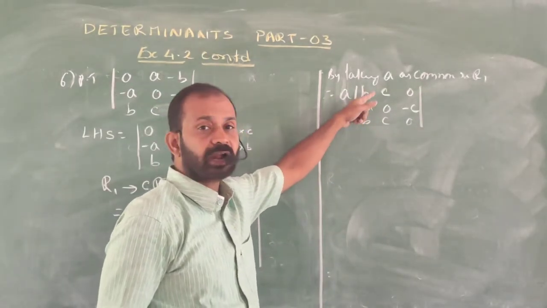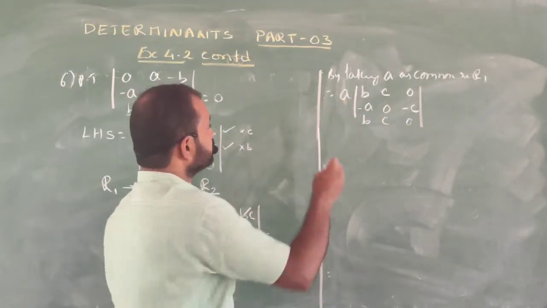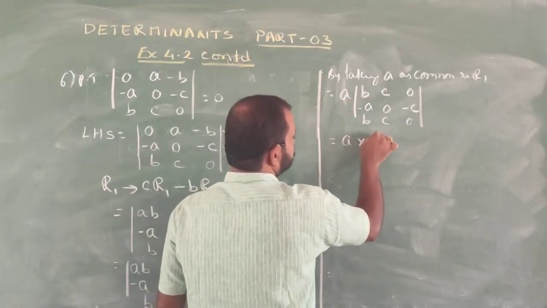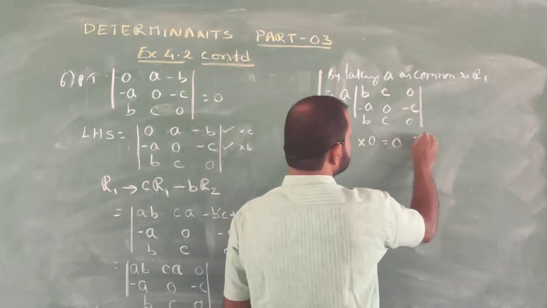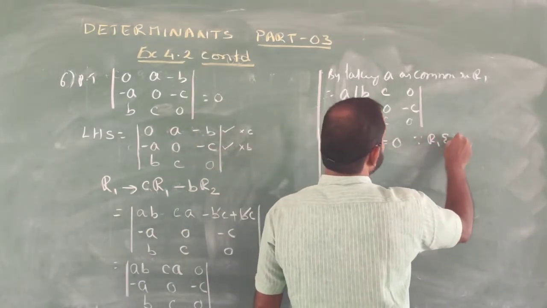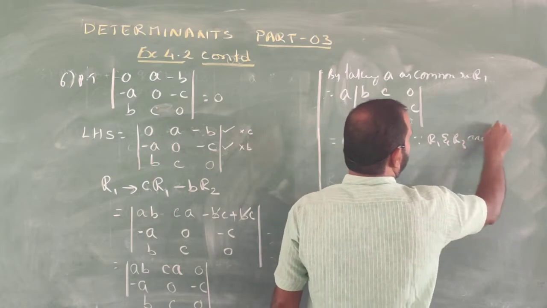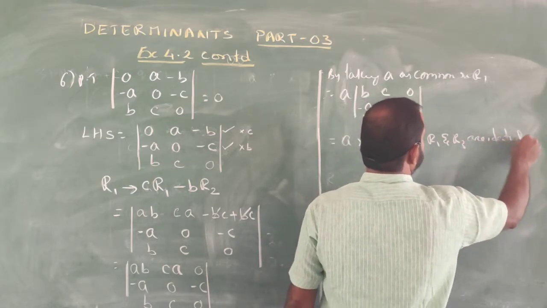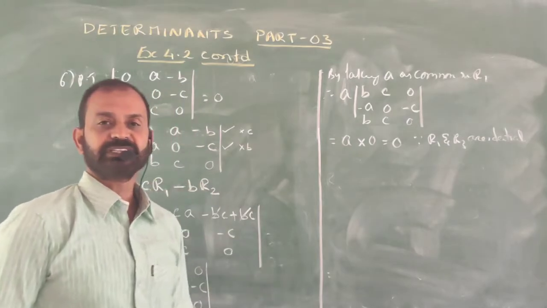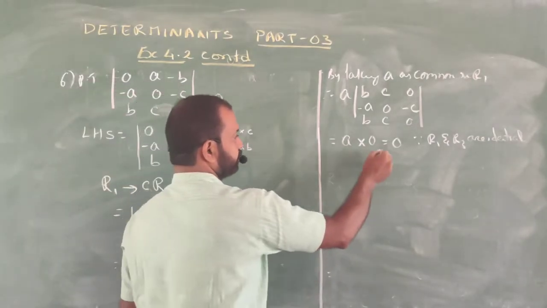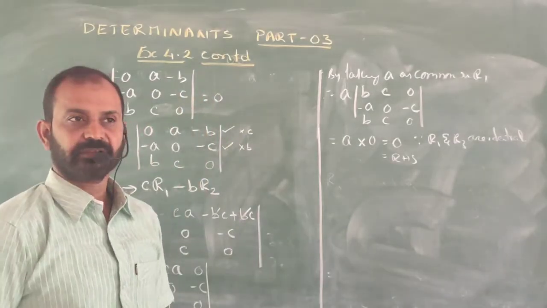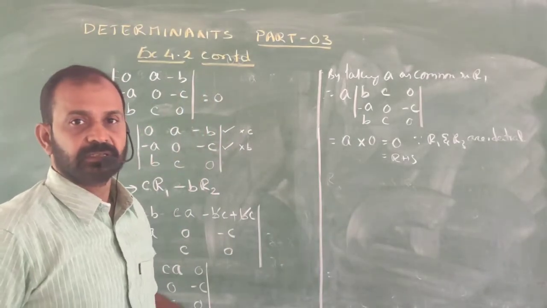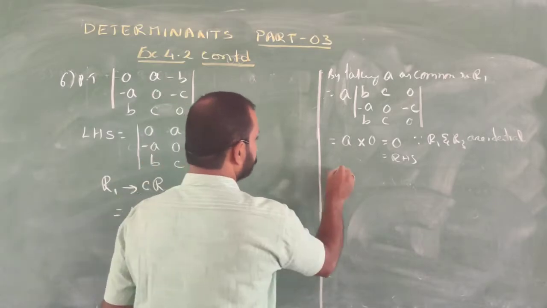Two rows are identical. When two rows are identical, the determinant is 0, since R1 and R3 are identical, which is nothing but the RHS. This is one of the ways, by using the properties. Or don't use any property, or